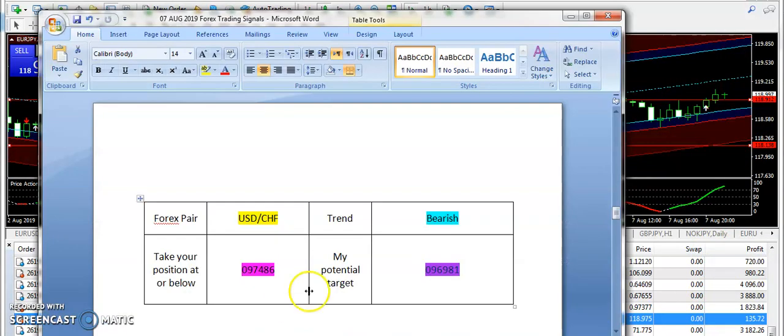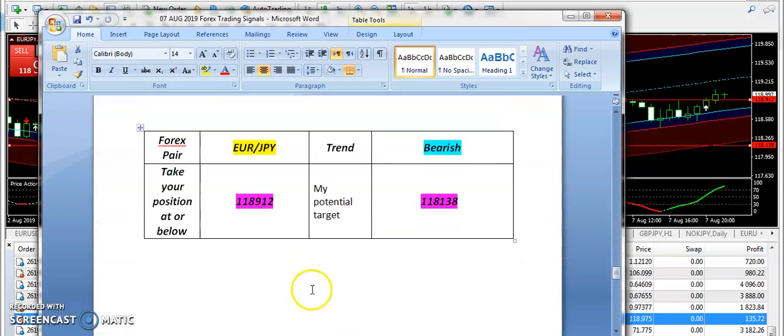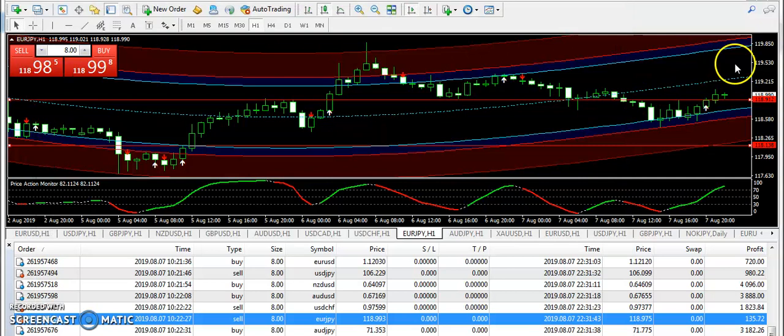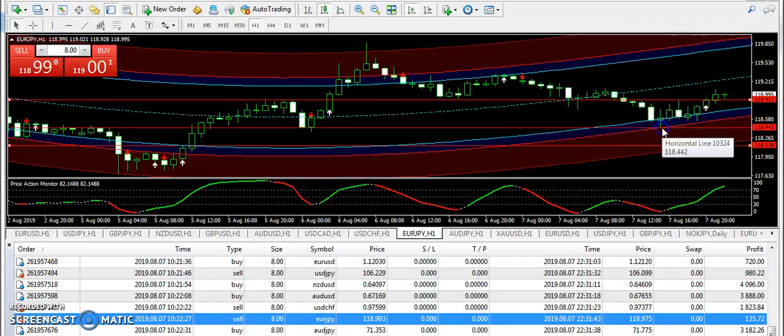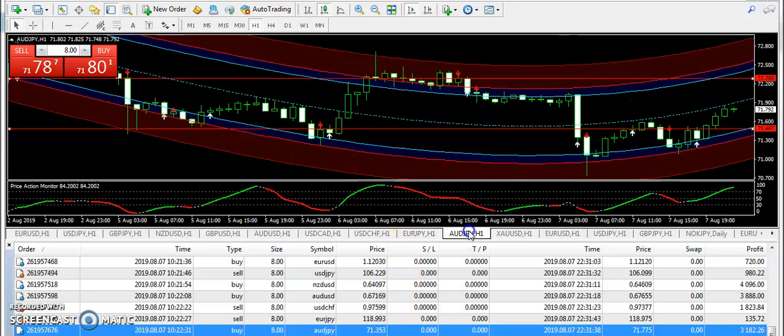Okay, now let's talk about the semi-signal that hit today, EURJPY. EURJPY was with the bearish expectation from 118.912. However, it went slightly down. It went 50% of the signal, to 118.442, and after that it has moved up. So if you have traded this zone, then you must have caught the profit. But overall, if some traders have active trades on the EURJPY, they must note that it should be closed within the 50 pip stop loss.